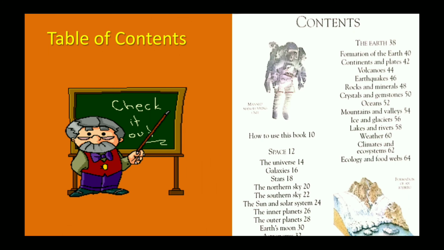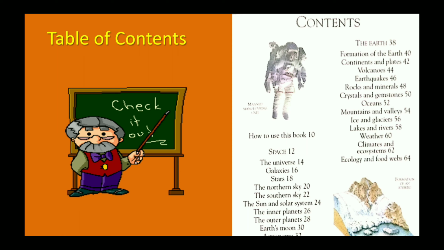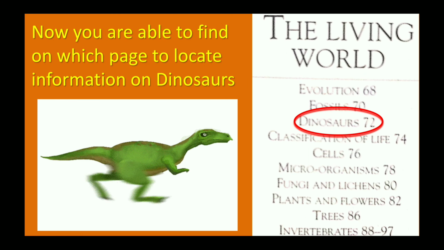We already know that an encyclopedia covers a wide range of topics. So the easiest way to find an article or a feature or information is to see the table of contents the way you see in the picture here. Flip on the referred pages and find out anything and everything you want to know. As in, you must have seen the highlighted dinosaur portion on page 72.